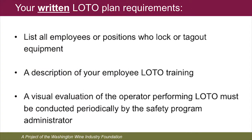It's important to know that wineries must have a written LOTO program and provide documented training. This can be a section or chapter within your written accident prevention plan. Your written LOTO plan is required to include several components. These include a list of all the employees or positions who lock and or tag out equipment, and a description